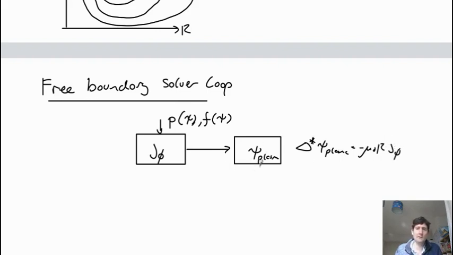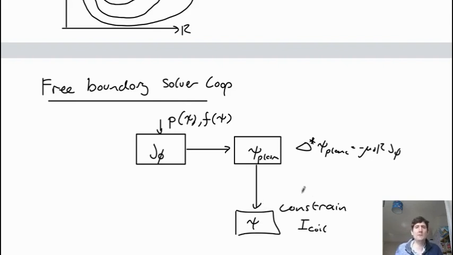And then using that, we work out the currents in the coils. So using the psi plasma, we can calculate the total psi by combining it with the currents in the coils. And usually this involves adjusting the currents in the coils to find the constraints.